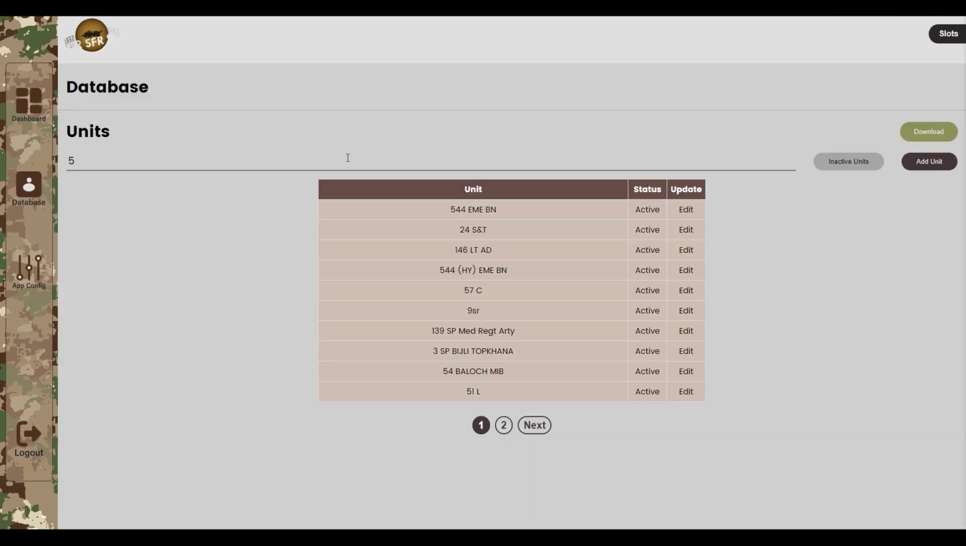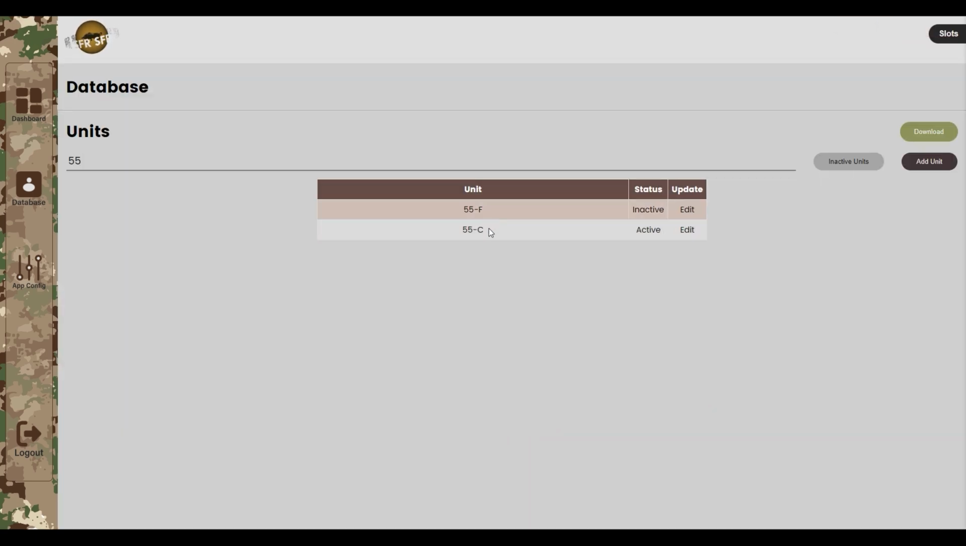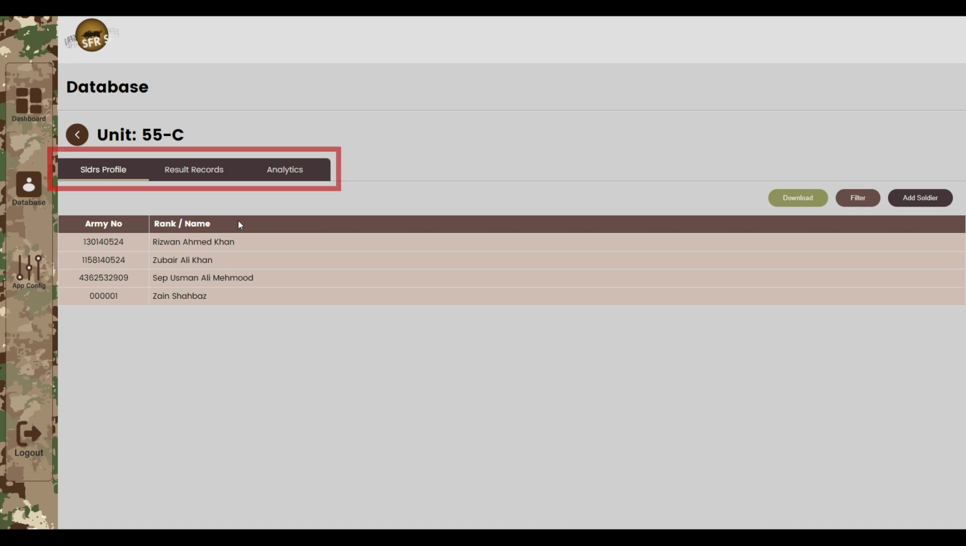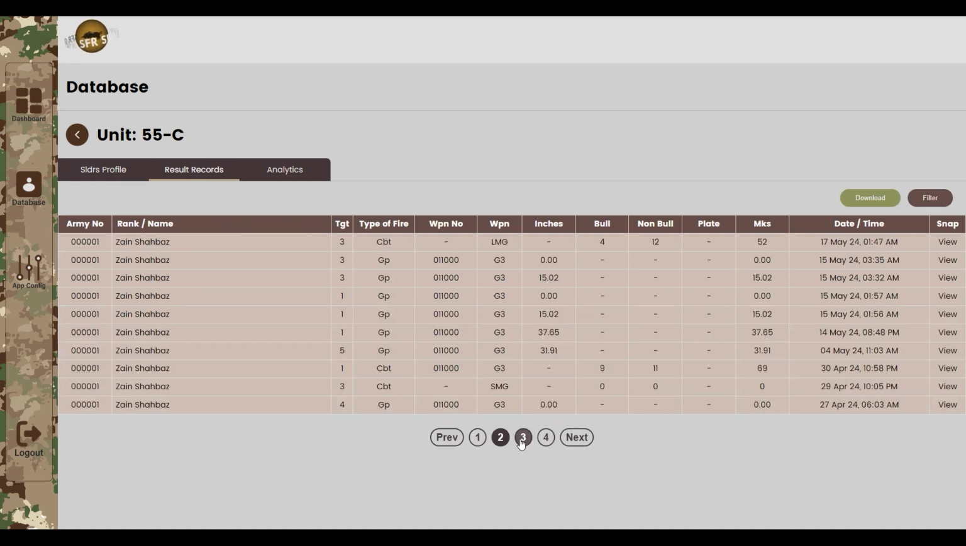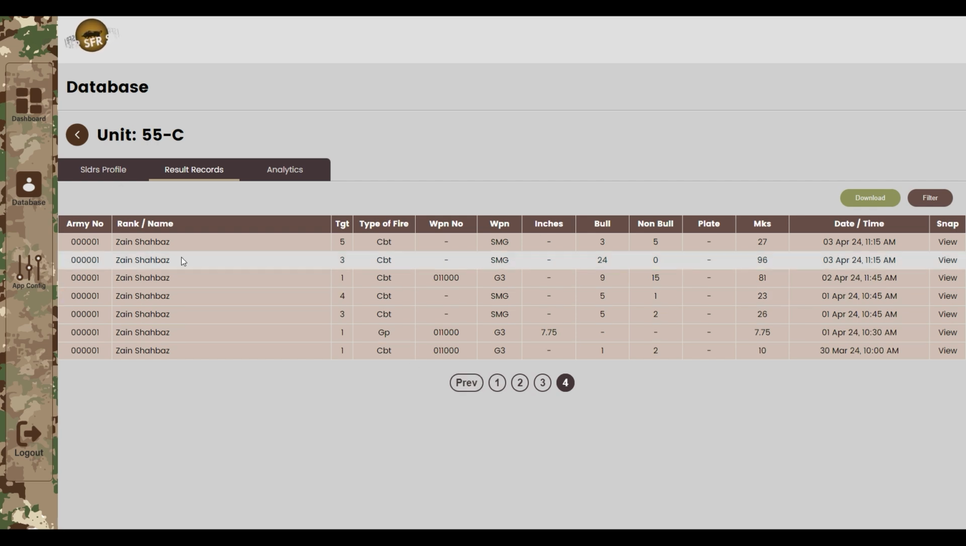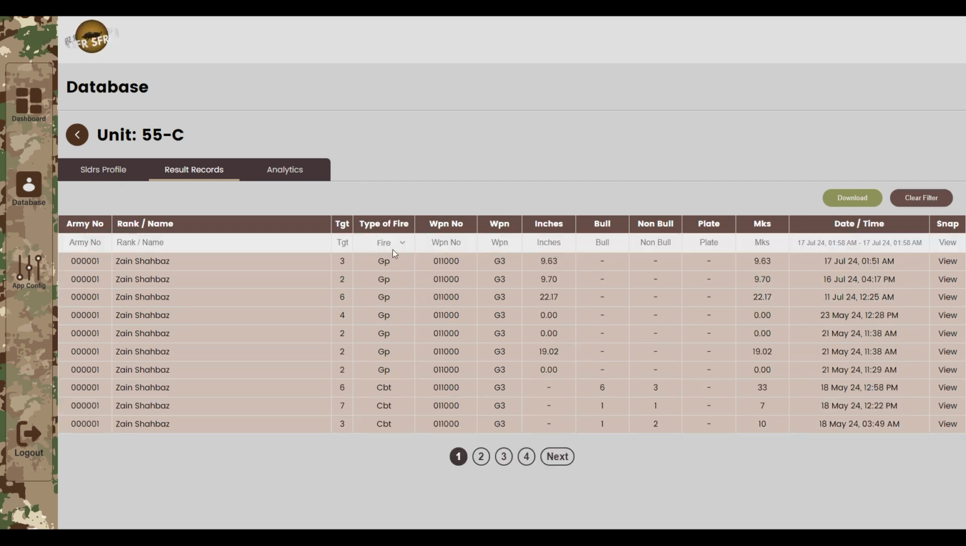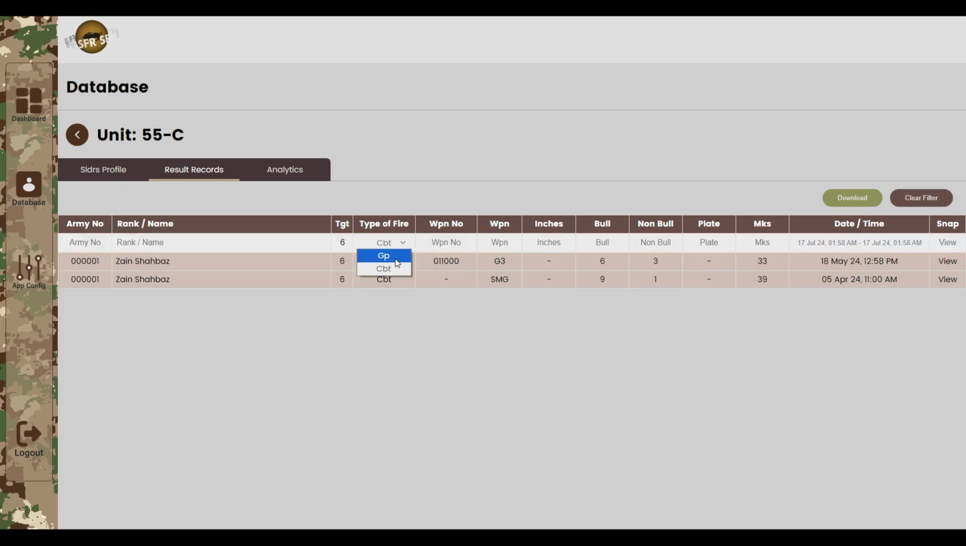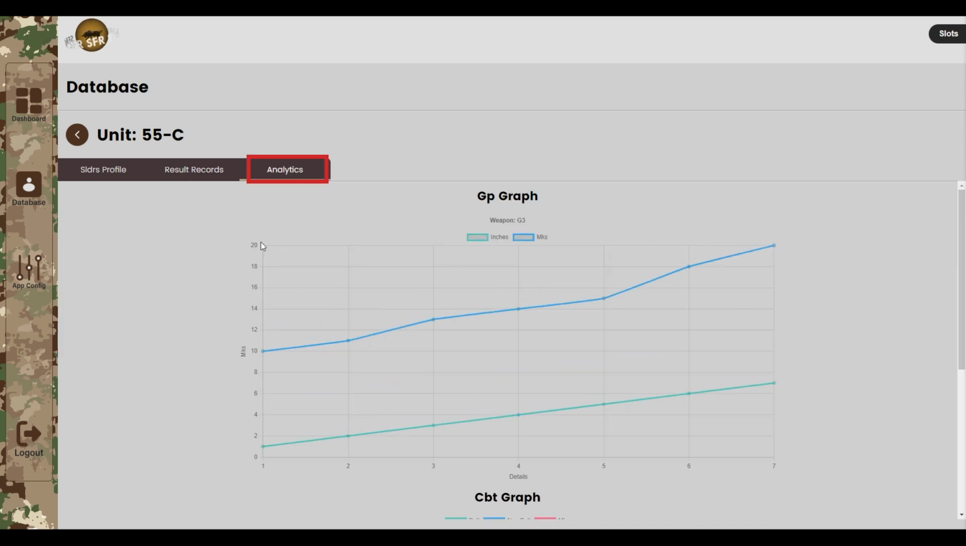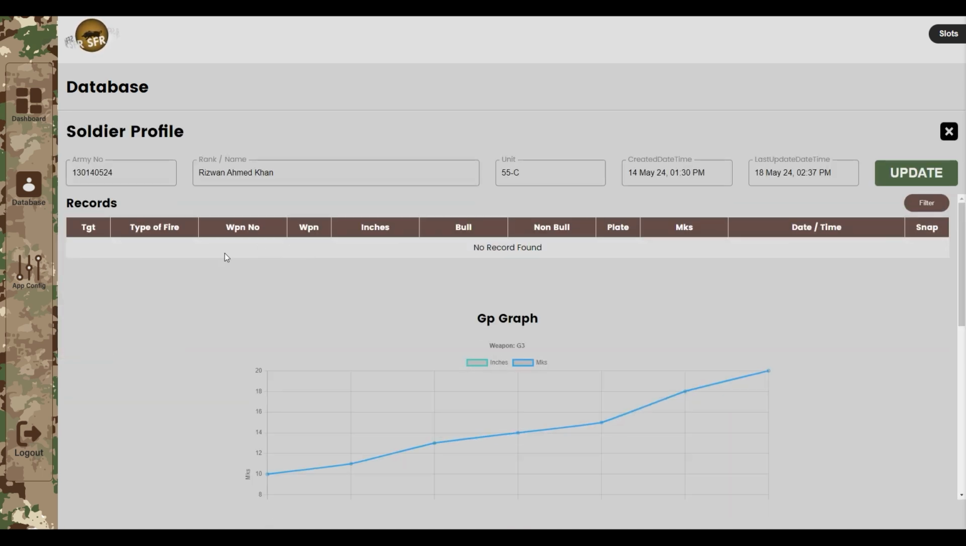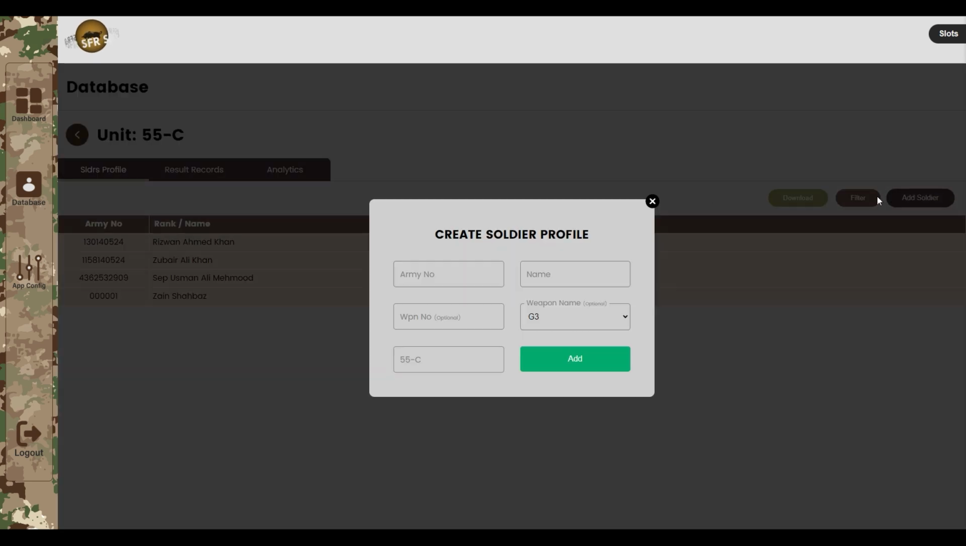Within each unit, soldiers are listed with 3 tabs: Soldier's Profile, Result Records, and Analytics. Result records contain all firing records for the unit, which can be filtered as needed. The application is user-friendly and meets all needs. The Analytics tab shows the unit's progress in both grouping and combat fire, and individual soldier progress can also be viewed. Once a soldier is added, they cannot be deleted but can be edited, with the last edited date saved